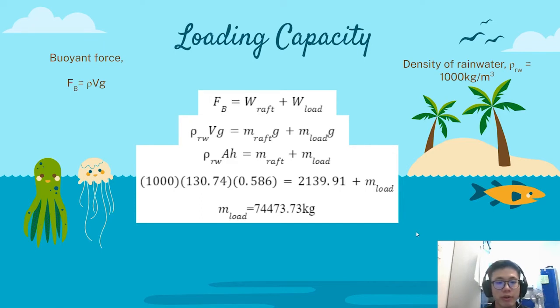Next, find the buoyant force by using the formula buoyant force equals rho Vg. The buoyant force provided by the plastic barrel is equal to the sum of the raft mass and the maximum load capacity that can be withstood by the raft. The density of rainwater is 1000 kg per meter cubed. Hence, substitute buoyant force equals rho Vg and W equals mg into the equation, substitute V equals AH into the equation, and divide it by g. Thus, when the plastic barrels are fully submerged in the water, we can know that the maximum load capacity that can be withstood by the raft is